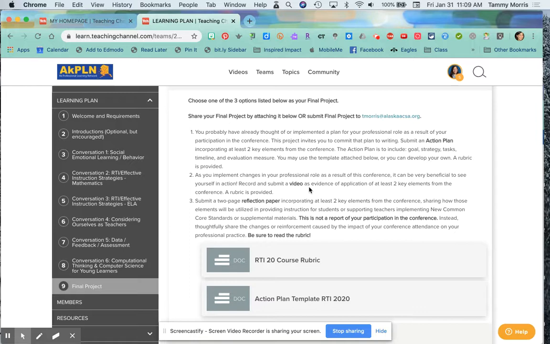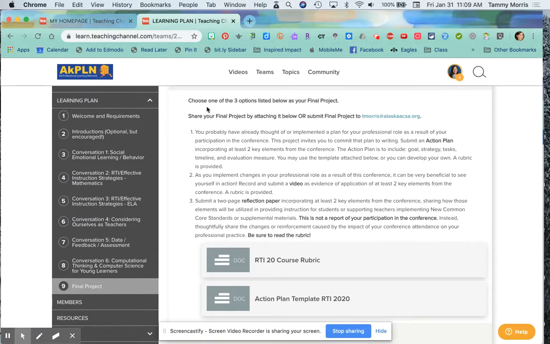The third option is the more traditional option for online conference credit courses, and that is to write a reflection paper. And that, I just want to caution you, is a reflection paper. It's not a report that I went to this session and the speaker spoke about this, and I went to that session and the speaker spoke about that. What I'm looking for in a reflection paper is how this affects what you knew and how it's going to affect your practice going forward. So it's a reflection on what you learned, not just a report.